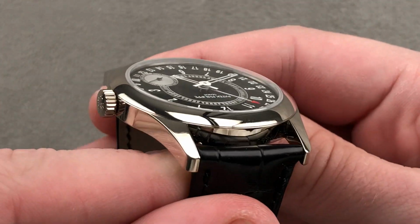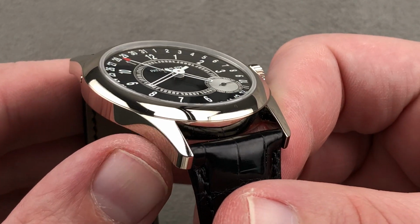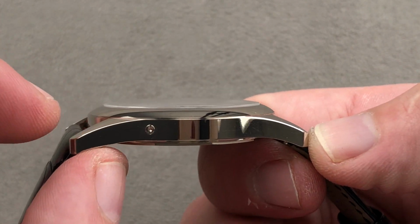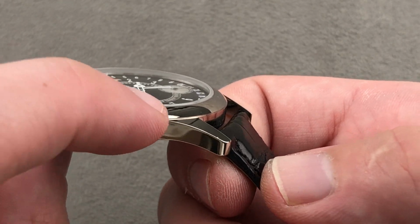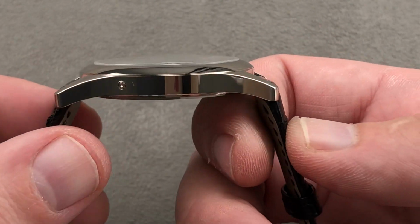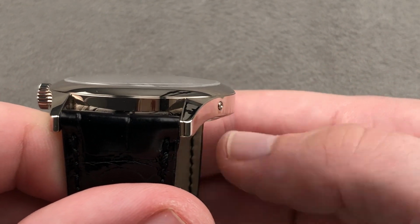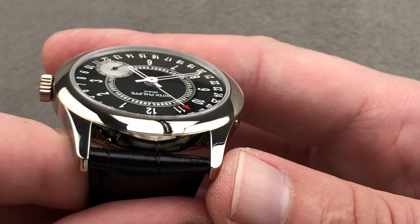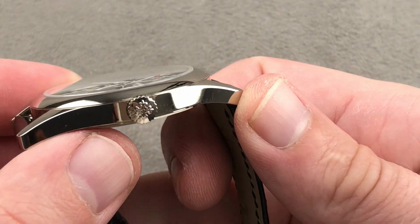The case is simple. This is where the watch really begins to pull away from the other Calatravas, which tend to have much more delicate tapered lugs. The lugs maintain almost their entire thickness or cross-section right out to their tip, and as you can see, there's a gentle arc from the mid-case down to the ends, and they're also rounded at their tip, but only when viewed from overhead. This is a remarkably strong case flank, and as you can see, there's also a hard junction between the domed bezel profile and the mid-case, which is almost vertical. The lug hoods are relatively spare, given their incredible cross-section when viewed from the side,